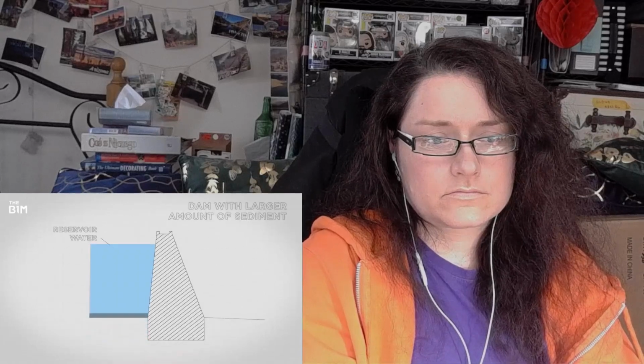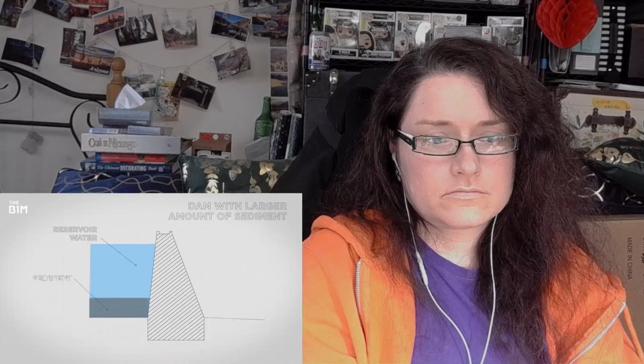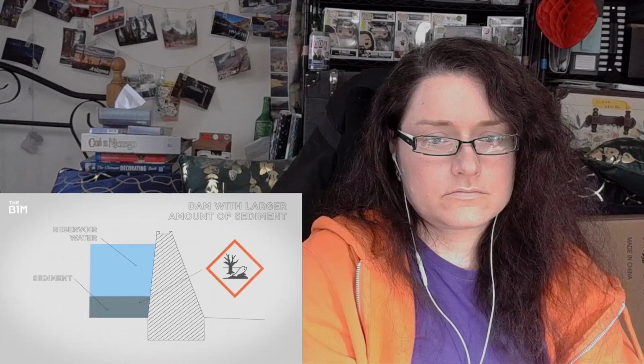Conversely, staged removal happens over a longer period of time, usually months or even years. This method is reserved for taller dams with larger amounts of built-up sediment that would pose environmental risks if released too quickly. In a staged demolition, rivers are pumped or diverted away from the construction site through tunnels or channels, allowing for more control during the reservoir drawdown and sediment release. Once the rivers are diverted and the basin is dry, the dam is demolished using tools like excavators or explosives,